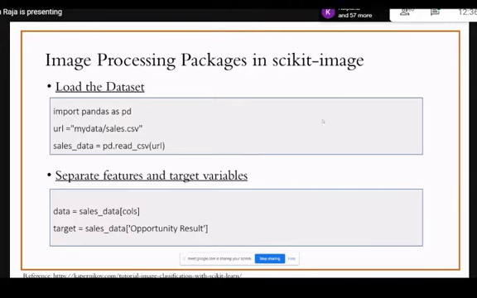Here you can see, I'm giving the Excel. What are the columns for the data? That means features, and which one is the target. So we have to segregate these two. Next is